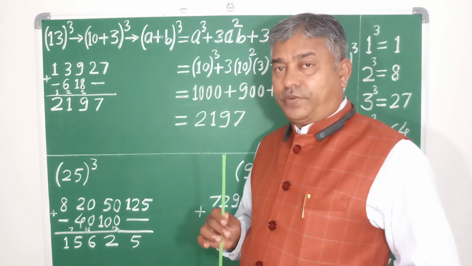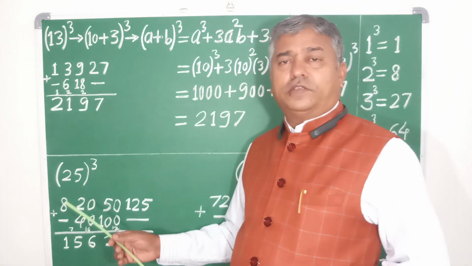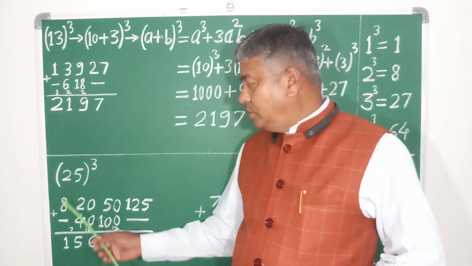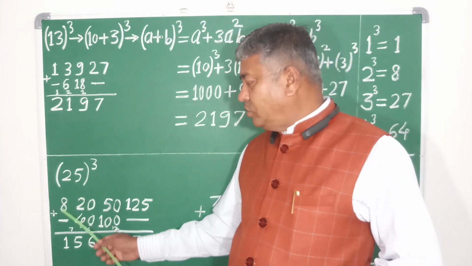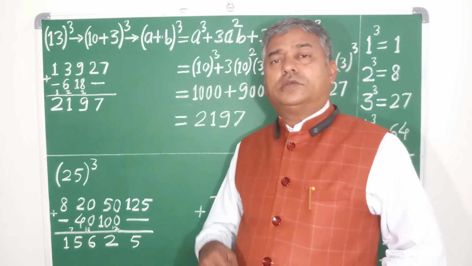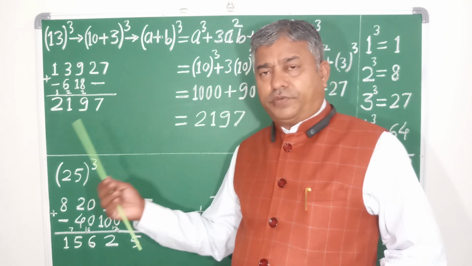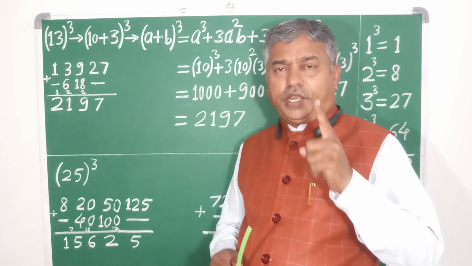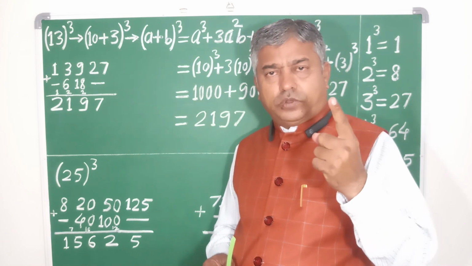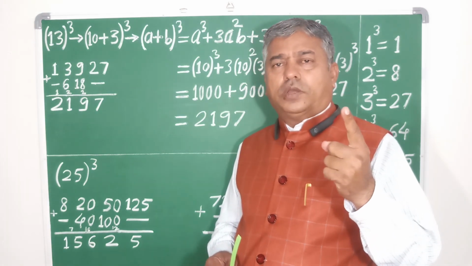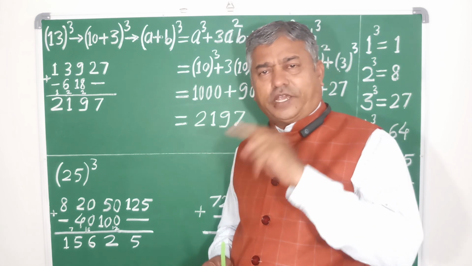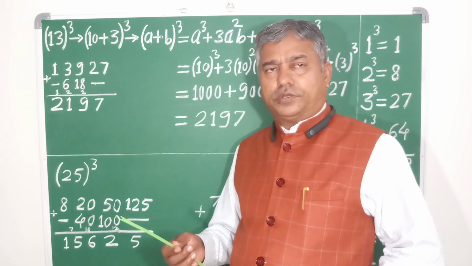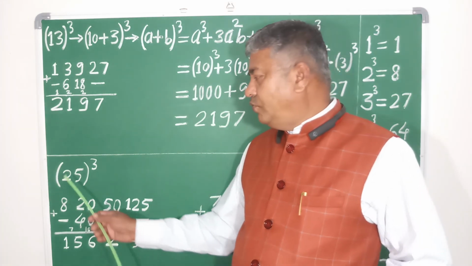Cube of 25. Let us follow the same process, that is, cube of the first. Here the first is 2, its cube is 8. For the second group, first group over, cube of first, and in the second group we take the square of the first into the second, means square of 2 is 4, 4 into 5,